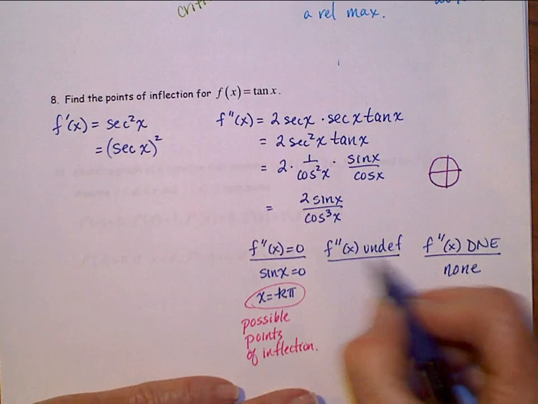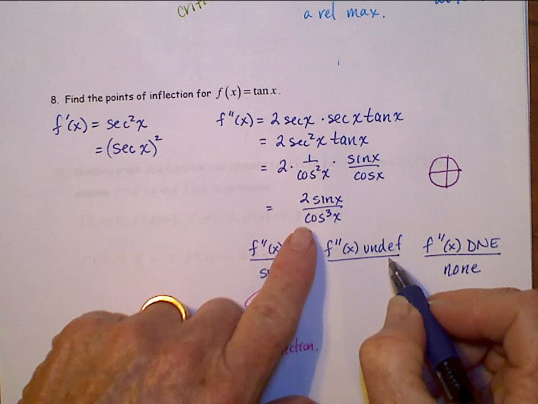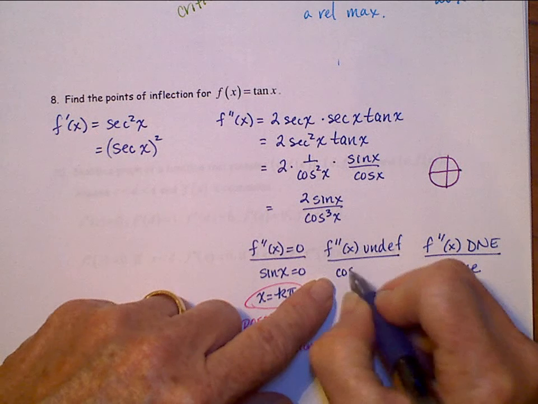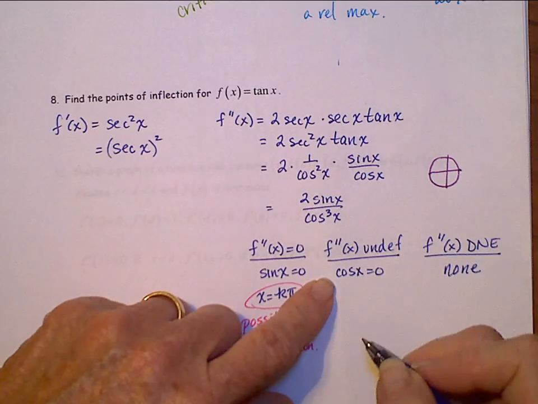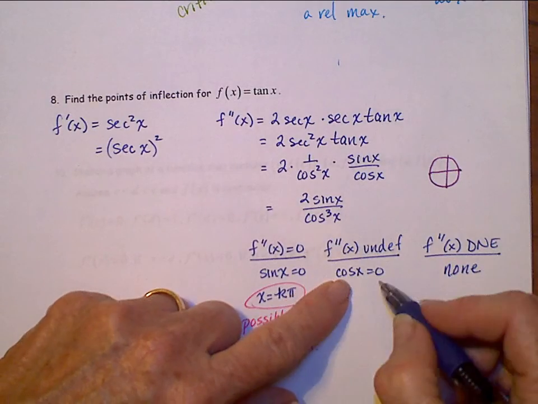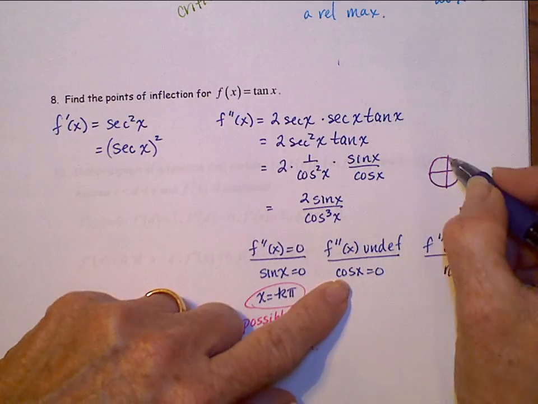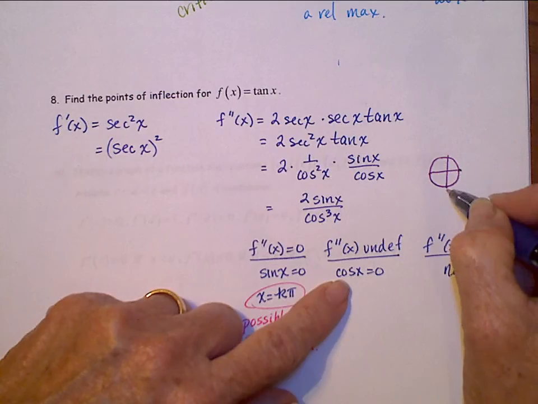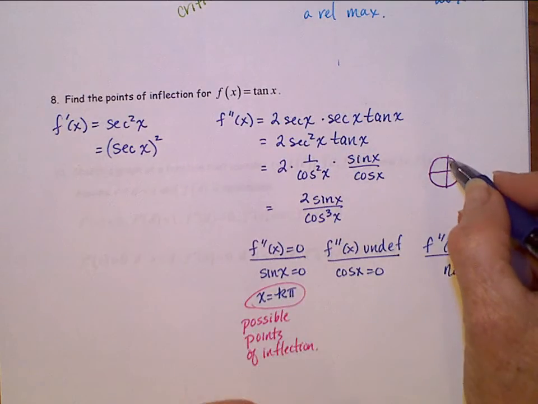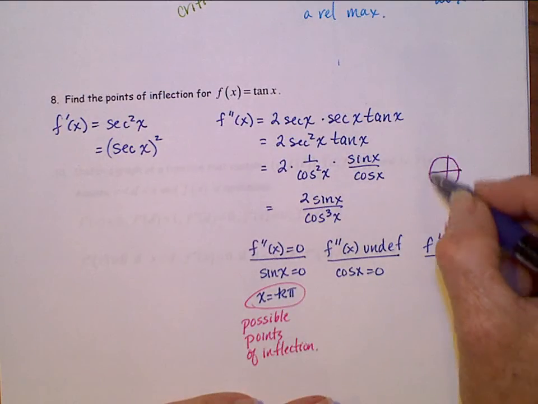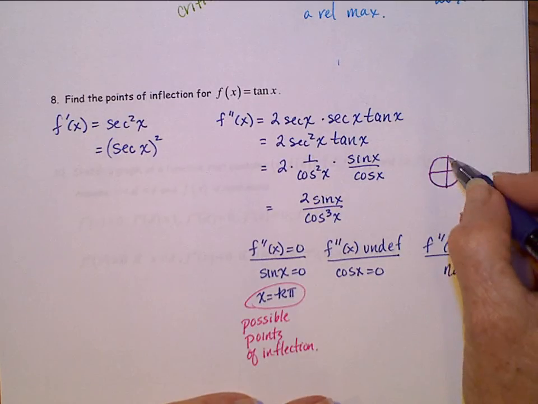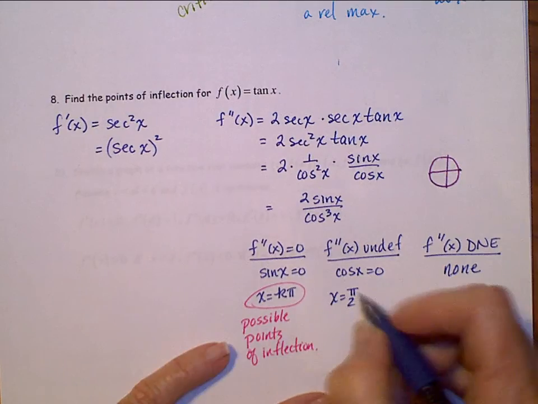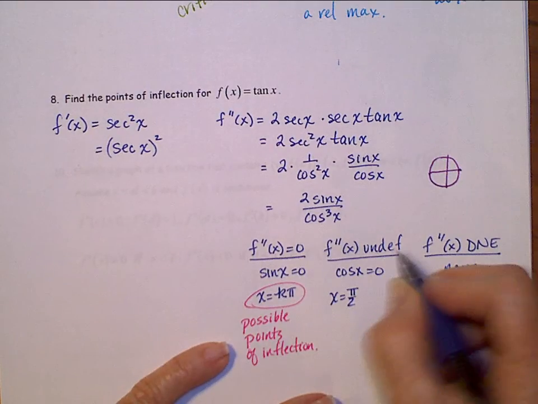Looking where this second derivative is undefined, that's going to be where the denominator is equal to 0, and that will occur when cosine x is equal to 0. When is cosine equal to 0? That's up here at pi over 2, 3 pi over 2, 5 pi over 2, 7 pi over 2, exactly. It is pi over 2 plus k pi. So it started at pi over 2, and then the next one is pi after that. So plus